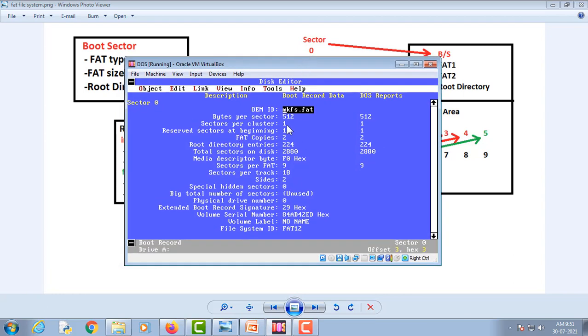Sectors per cluster is 1 and the size of each cluster is 512, which is in bytes. There are 2 FAT copies. In every FAT file system there are 2 file allocation tables. This makes sure that if something goes wrong in the first file allocation table, then the second one can be used to retrieve data from the FAT file system.